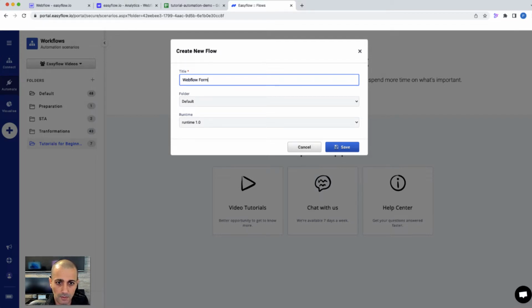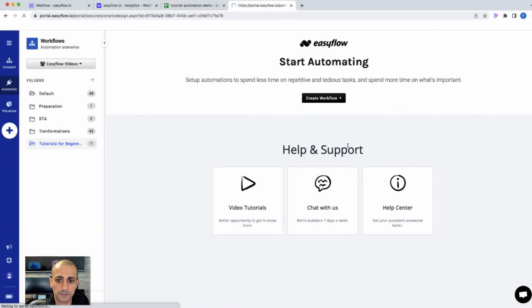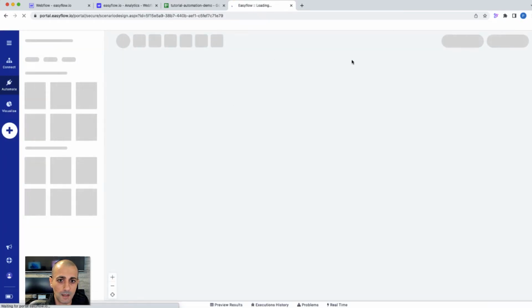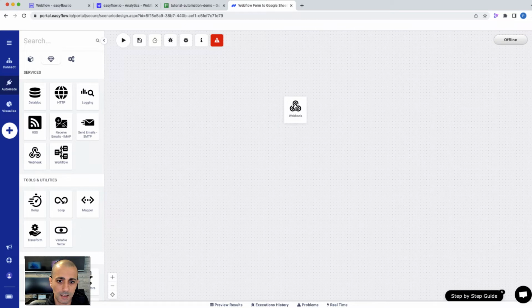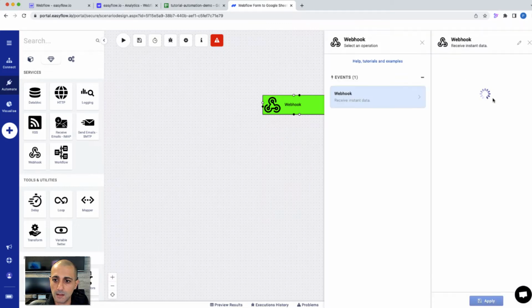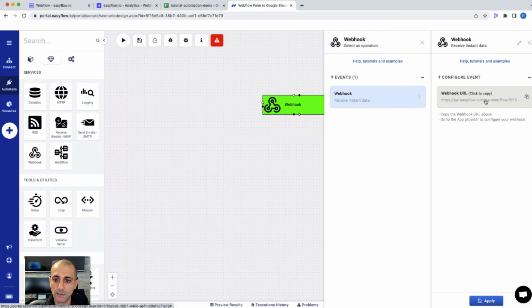Here we created a flow. I will drag the webhook as the first step. Then I will choose webhook, and this URL we are going to use to configure our webhook. Let's click on it to copy, apply,